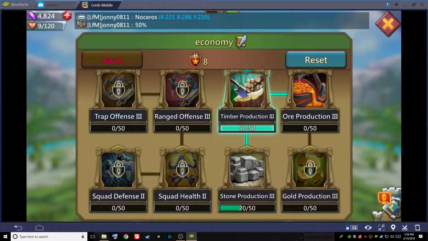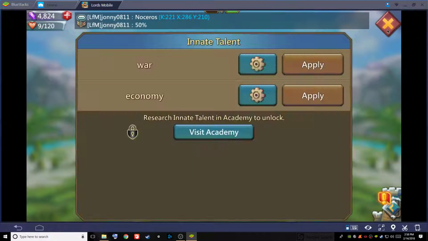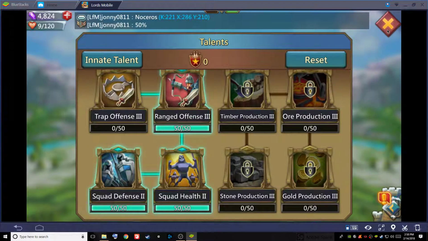I don't really have issues with ore. Partially because I don't focus on training infantry that much. I do have a ton right now, but for the most part, I only do infantry when I have excess ore and I don't have much for stone, because both archers and